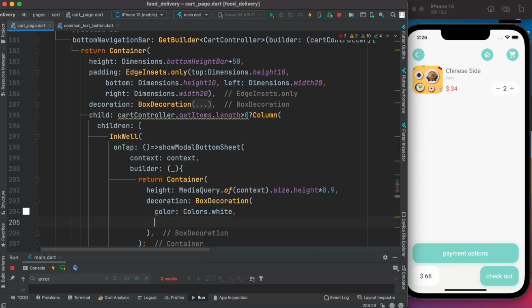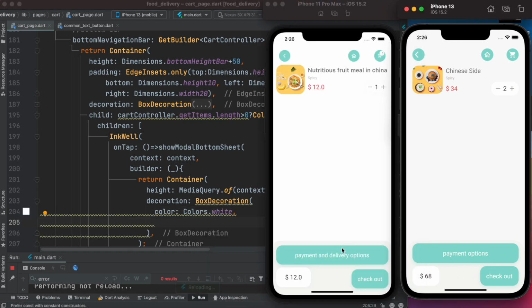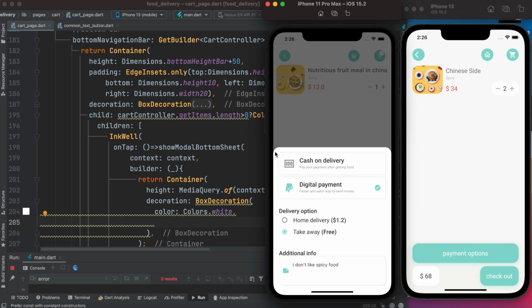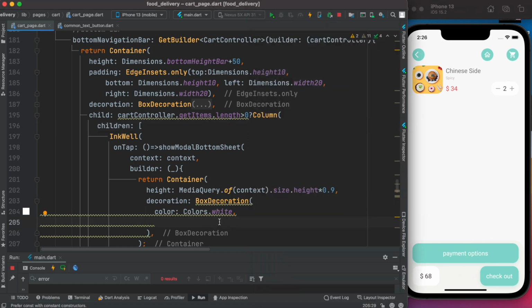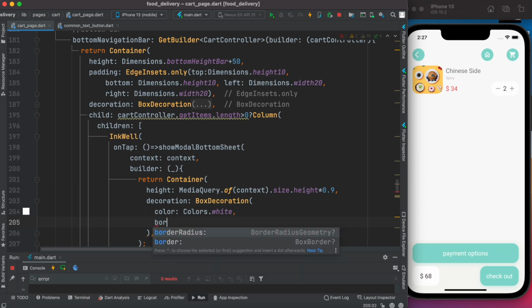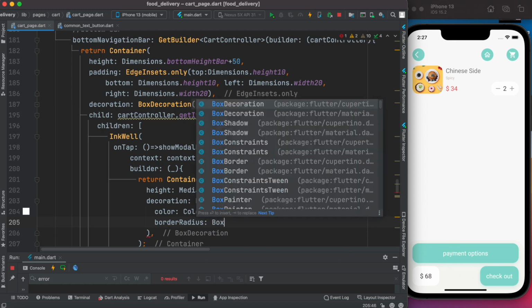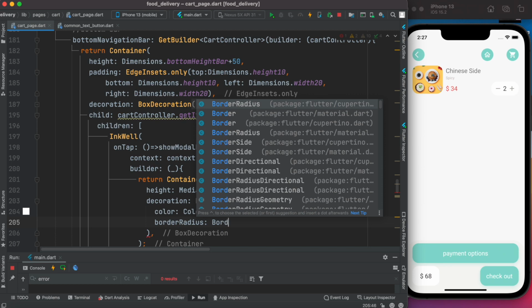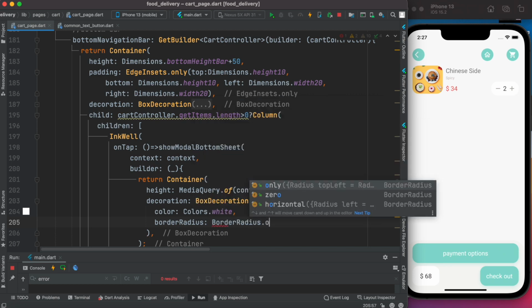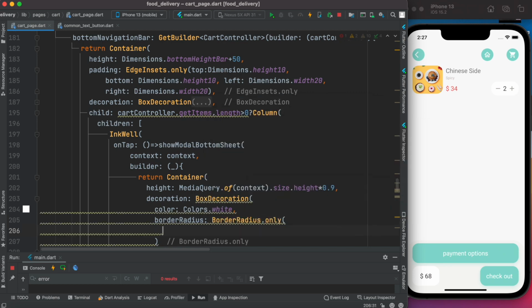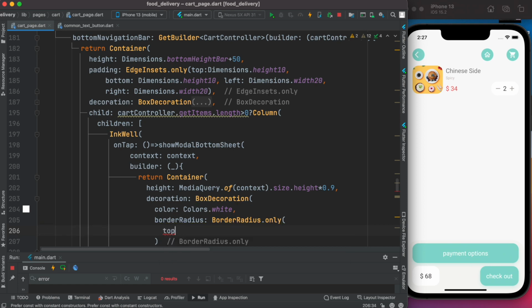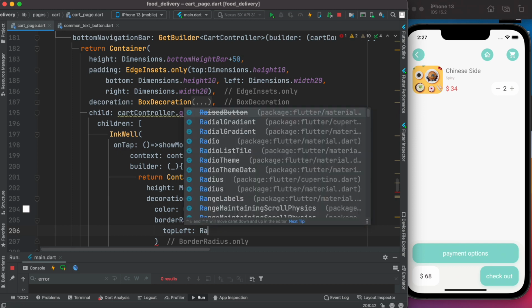Now, why do we want box decoration? Because as you saw earlier, we want this border. So without box decoration, it's not possible. Now here we do border radius. Not box shadow, border radius, and BorderRadius.only. So we just want to apply it to the top left. So top left, and over here we do radius